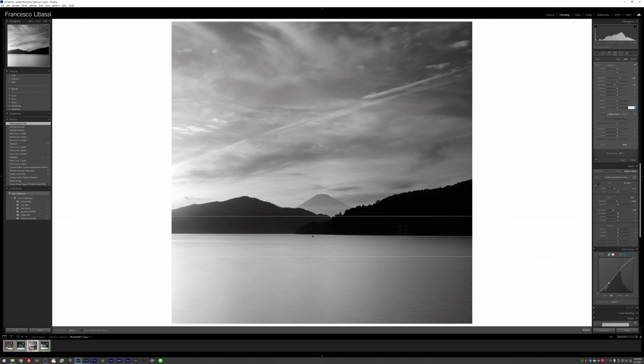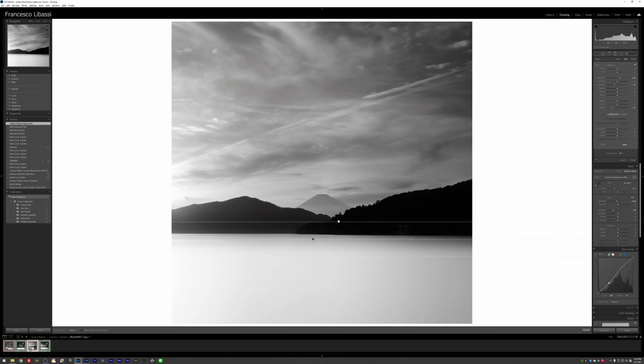So I'm going to make this dehaze maybe something like -50. And as you can see, the water becomes much more ethereal, much more minimal, and it looks very good overall. So that's it for this gradient.